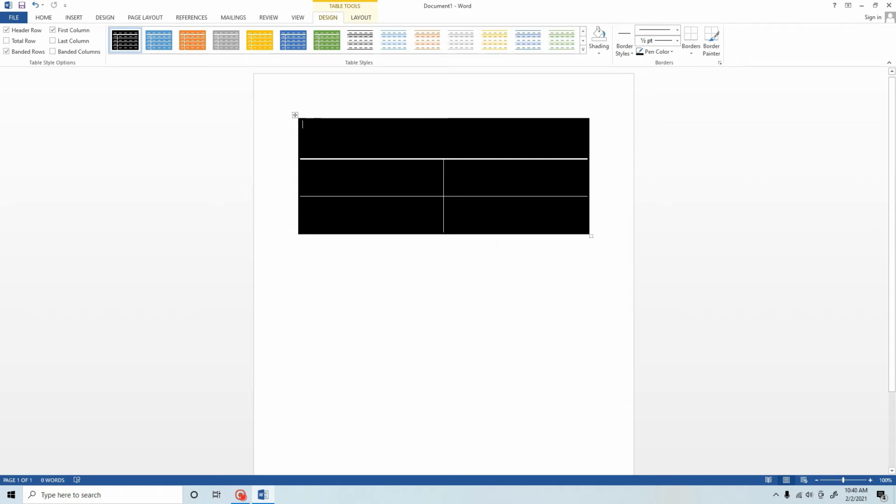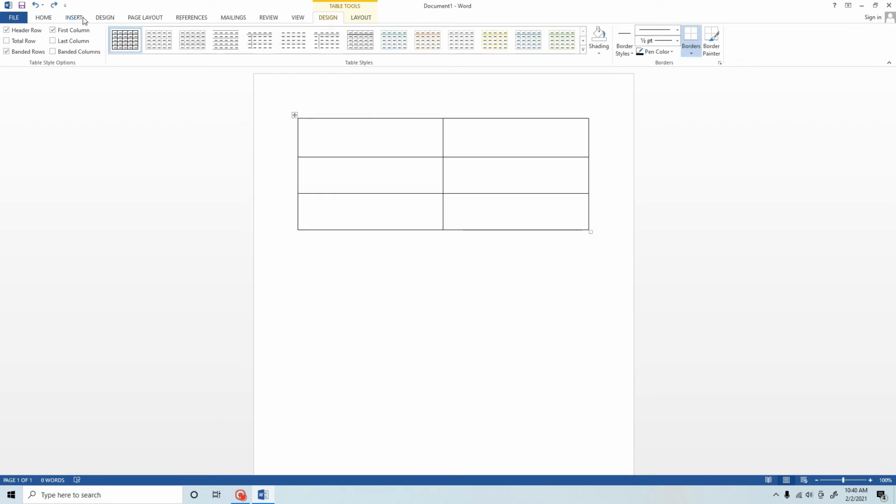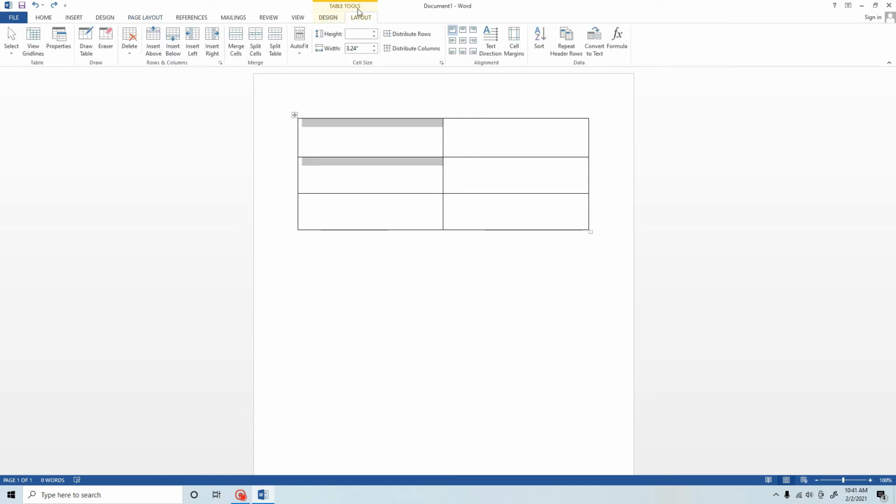Next, we are going to discuss changing a row height. First of all, you want to select or click anywhere in the row whose height you want to change. I have selected here. I want to select this table. Then you click the Layout tab.